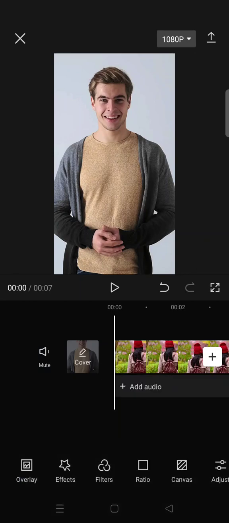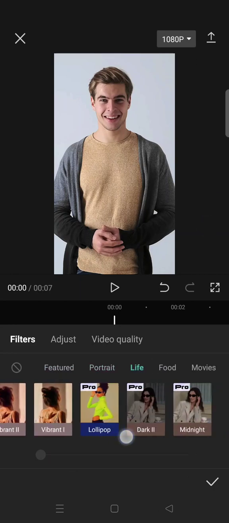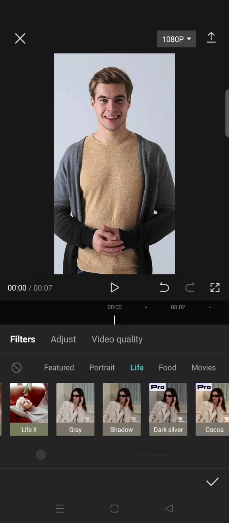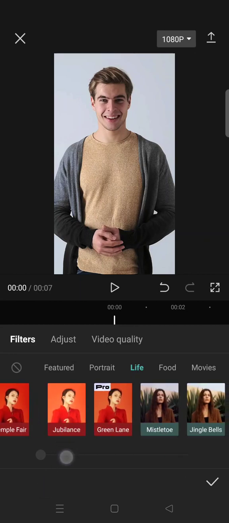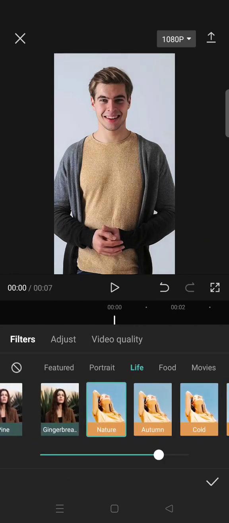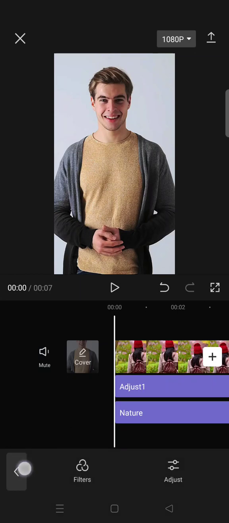Now go to filter, click on the live category, swipe until you find the nature filter. Okay, this one. Now click on a check icon and then go to overlay